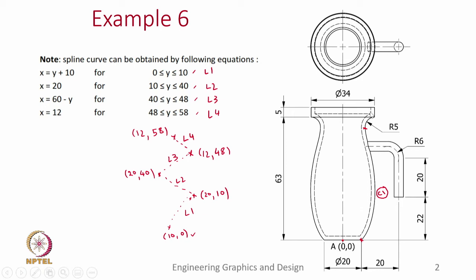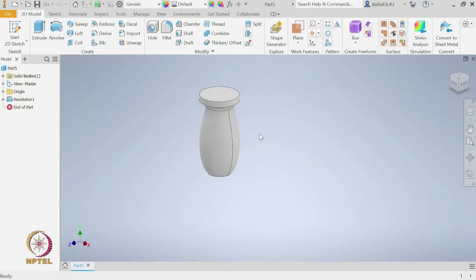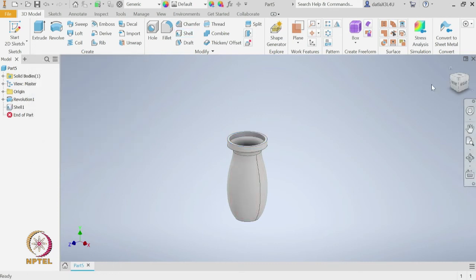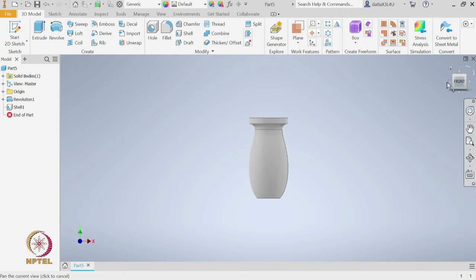I noticed that we have not given any dimension to the thickness, but let us assume it to be 2 millimeters. So, to create the shell, we select the shell from the modify panel and then let us remove the top face and specify the thickness to be 2 and click OK. So, with this we are done with creating the vase.